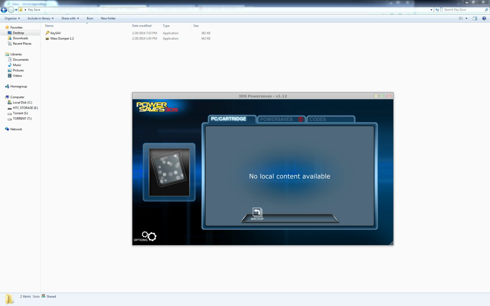Hey guys, I just want to give you a quick video demonstration of how to use Power Saves along with KeySAV to get information out of your save files so you can find shiny values and the stats of eggs before they're hatched. So the first thing I've done is I downloaded KeySAV and I also downloaded Mass Dumper, which